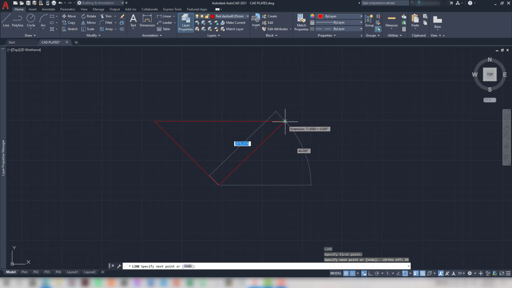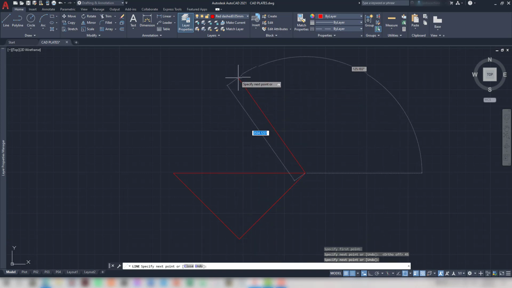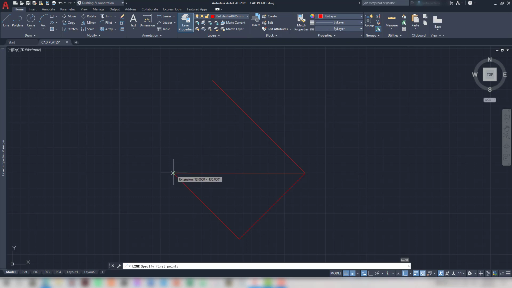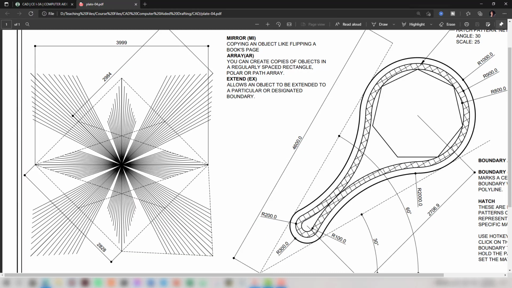And then we'll terminate at this point. I'll continue. This would be... I'll just extend the line, and I'll control the angle. That would be 135. And I'll continue here at the end point, and again that would be 2828 at 45 degrees. I'll just trim this part, and we have your